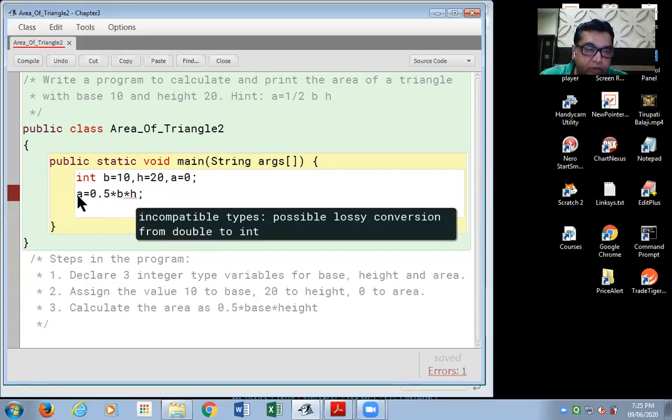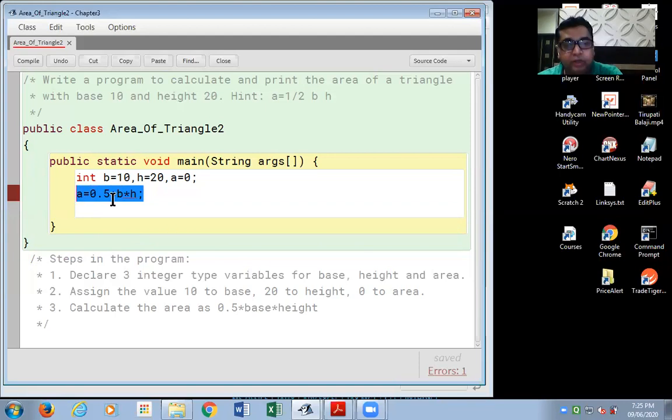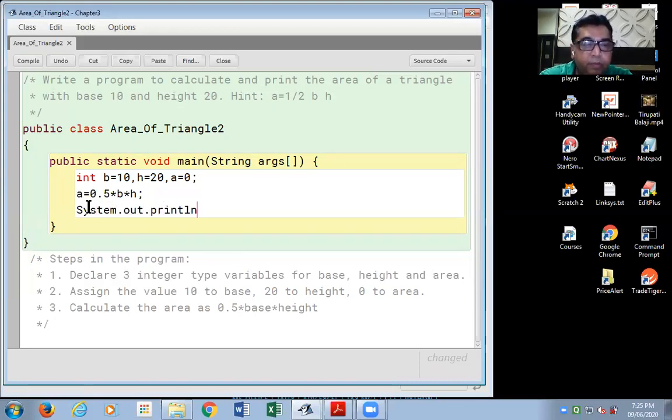Or do you think this will calculate and show it to me on the screen, this statement? Or do I need to do something more to show it on the screen, please? Yes, I have to do something. Yes, correct. No, this will not show it to me on the screen. So I need to write system.out.println and the name of the variable A to see the output, see the value of the variable A.